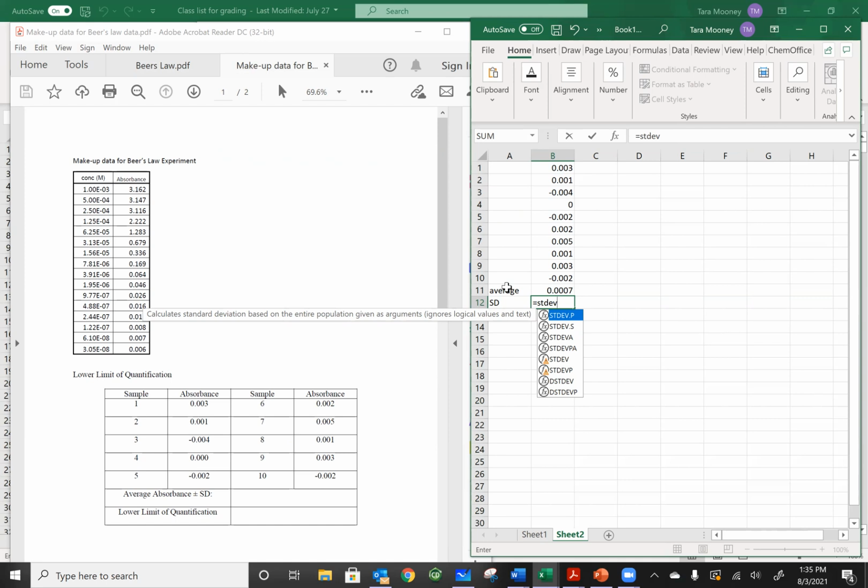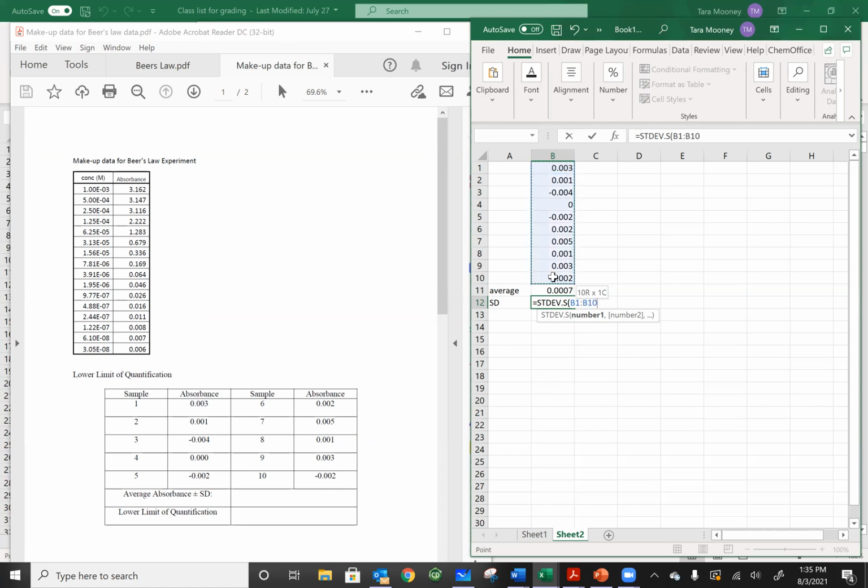But we just have a sample, so we want to use STDEV.S. Okay, so that's the standard deviation we're going to use. And again, you can select B1 and then shift to B10. Okay, so now we've used Excel to do the standard deviation,